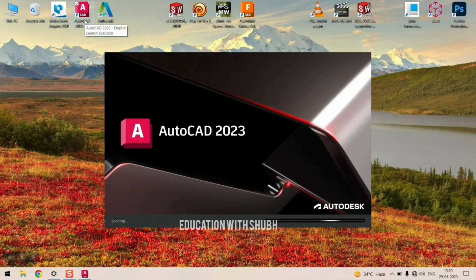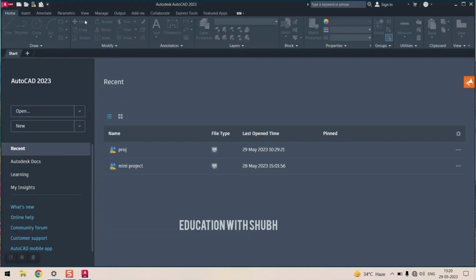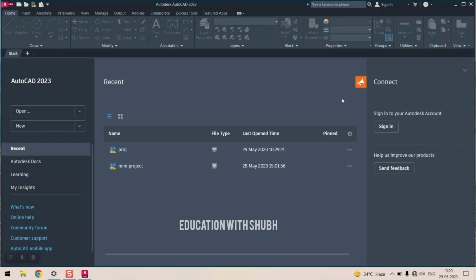We just wait for, I think, hardly 5 or 10 seconds for it to load the layout. So this is the standard layout of AutoCAD, which you will get when you open your Autodesk AutoCAD. Okay, so